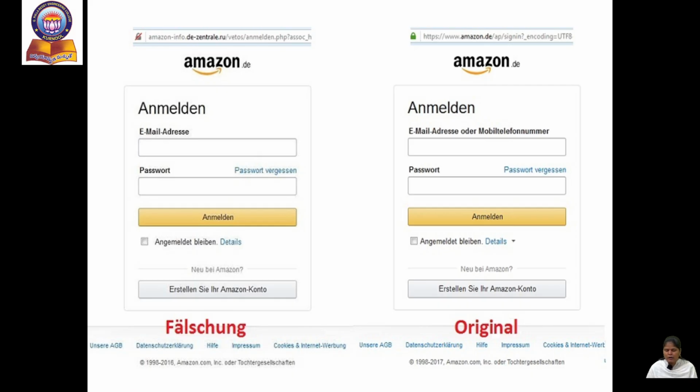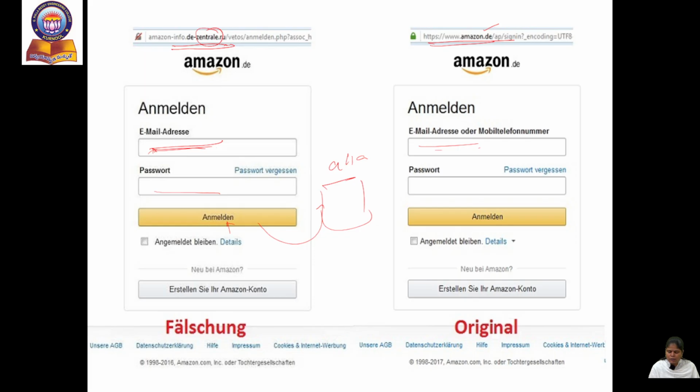So this is another example. This is an original one, this is a duplicate one. So here, see the web page amazon.de. See this particular web page, it has another DNS name, right? The domain name is different here, though the look is similar. So whenever we give a username and password here, since this is a duplicate website, we'll be giving them as if it were the original. When we click on login, it will be redirected to the attacker's website.